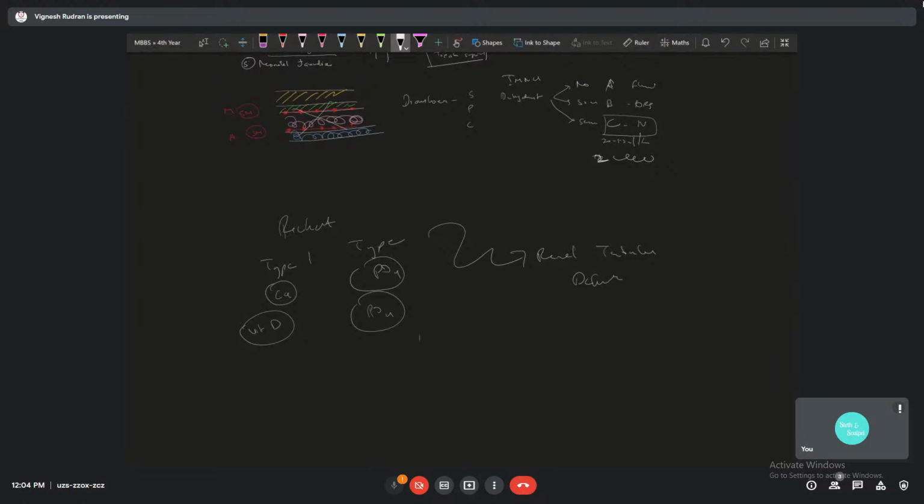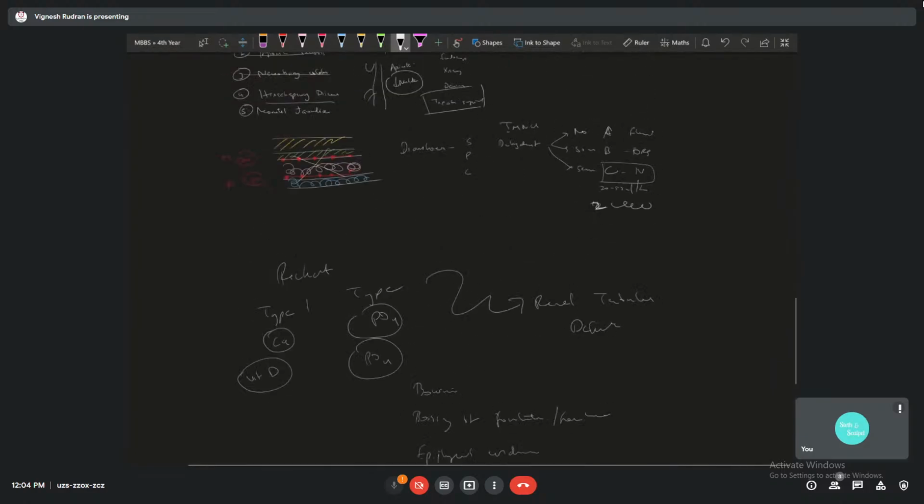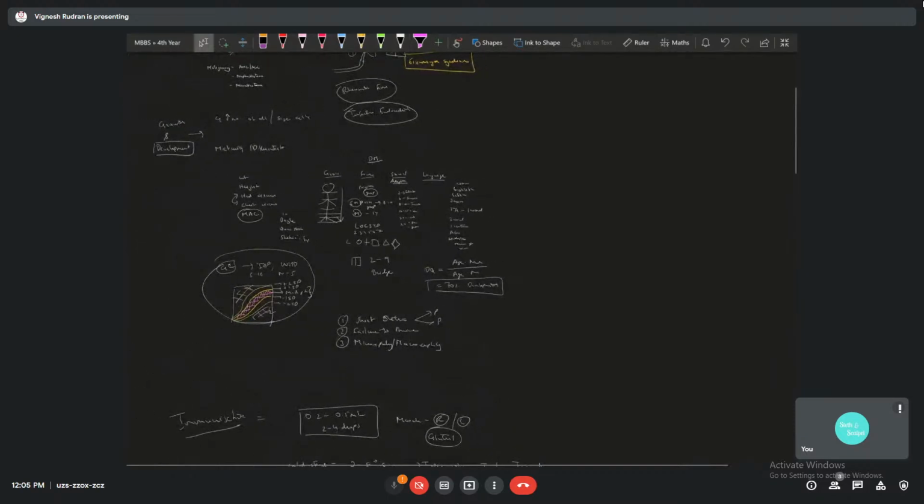So what happens is bowing of legs, bossing of the forehead, fontanel, and then you have epiphyseal widening. All of these are various signs which you see in rickets. Other than that, you give about 1 lakh units vitamin D supplementation, and then make sure he gets adequate sunlight and exercise, and all of those things you can mention when they ask about rickets. They already asked this in our ortho exam, I guess.